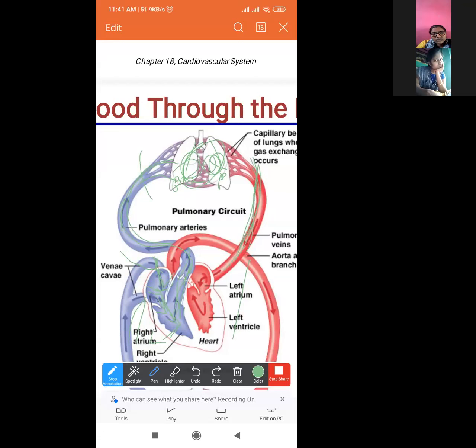Veins are carrying the blood to the left atrium. Through the left atrium, it is coming to the left ventricle. So from the left ventricle, here, the big one you see, no? Aorta. Okay. Through